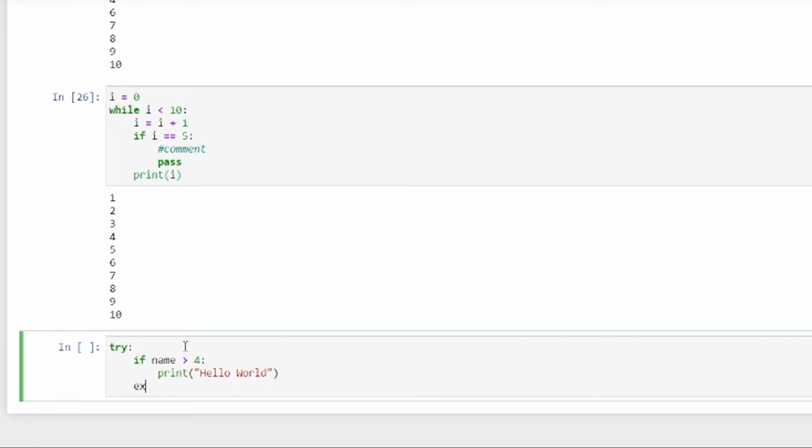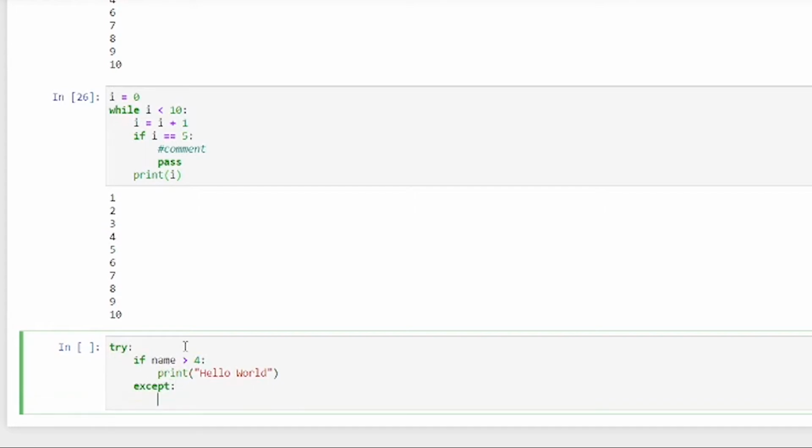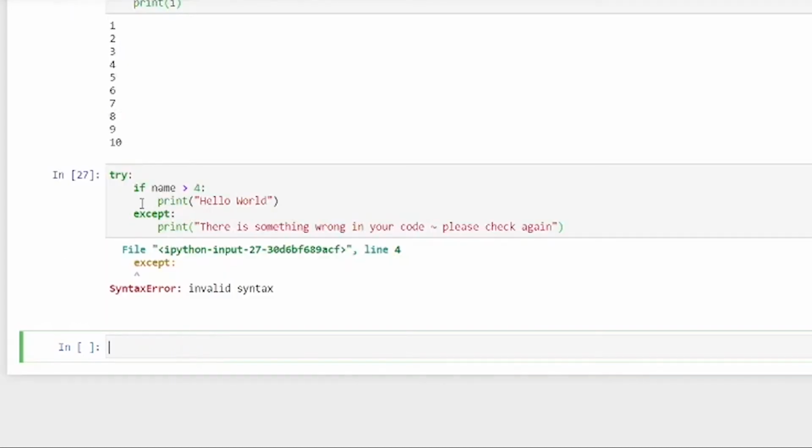Or if except, print there is something wrong in your code, please check again. So when we are trying to execute this,